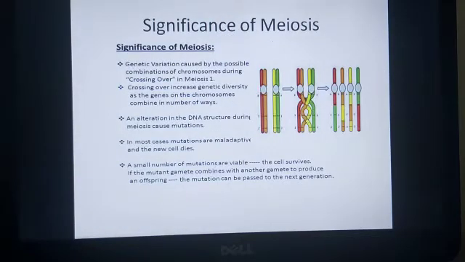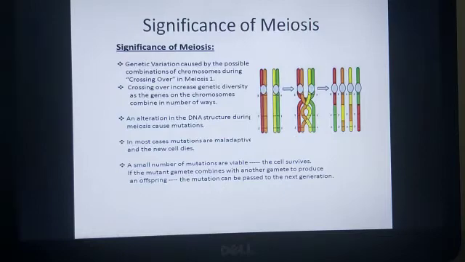Now let us see the significance of meiosis. The significance of meiosis is that you can have a lot of genetic variations because of the meiosis. If you are asked a question, which step of meiosis has genetic recombination taking place, you will tell that it is meiosis 1, prophase 1, and in that prophase 1 also the pachytene stage. So crossing over is a very important aspect of meiosis. And why is crossing over important? Because it increases the genetic diversity.